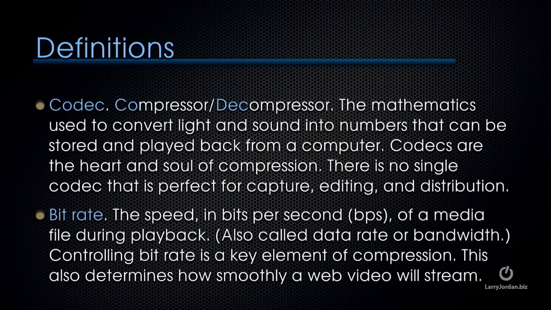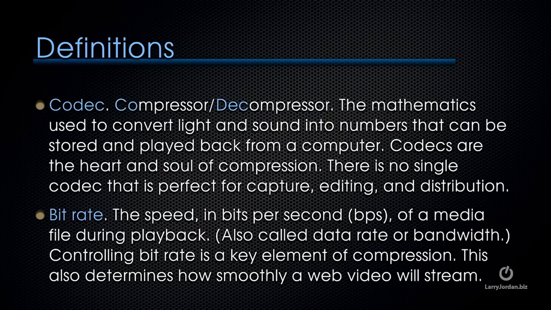A couple definitions before we start: codec and bitrate. Codec, which is a contraction of compressor and decompressor, is the mathematics that's used to convert light and sound into numbers that can be stored and played back from a computer. Codecs are the heart and soul of compression. There is no single codec that is perfect for capture, editing, and distribution, which is why we have so many